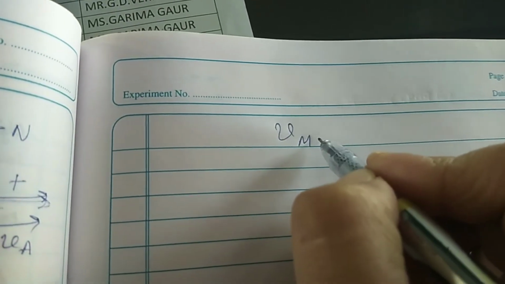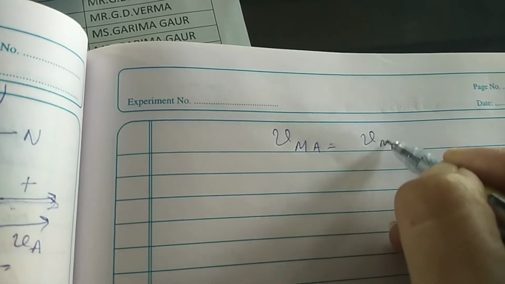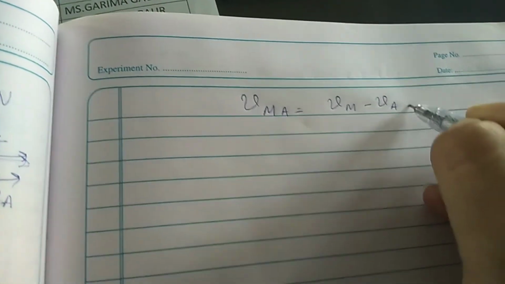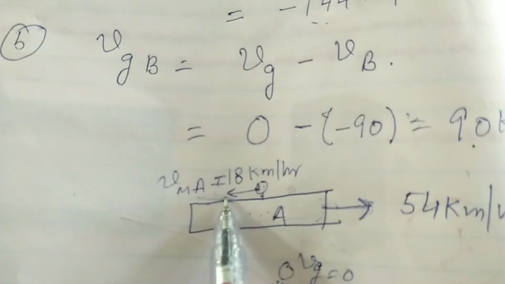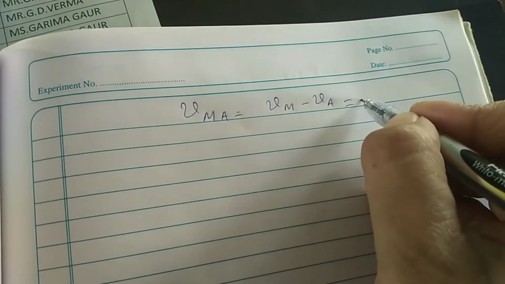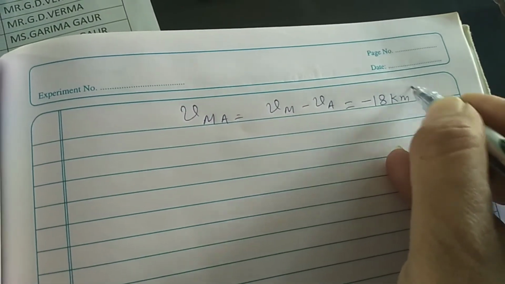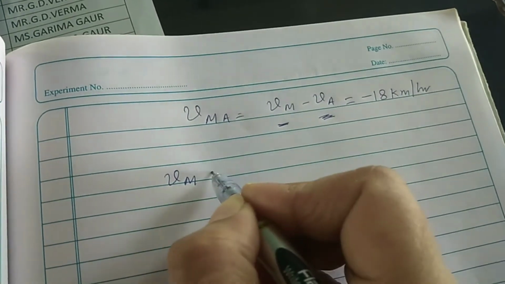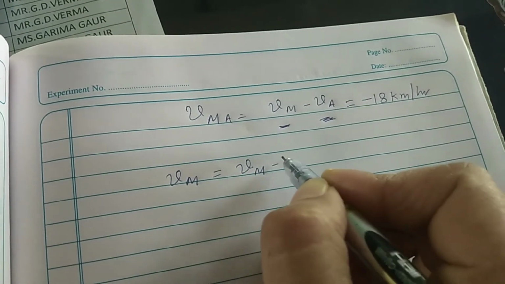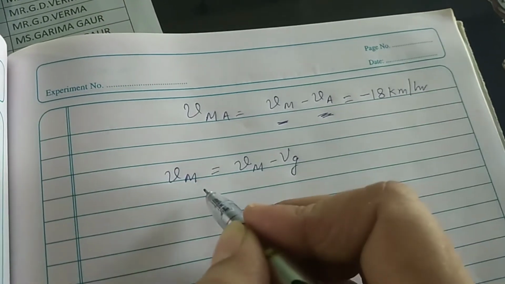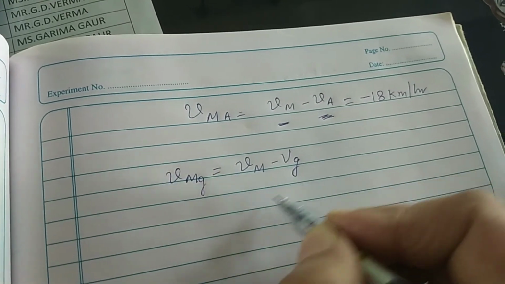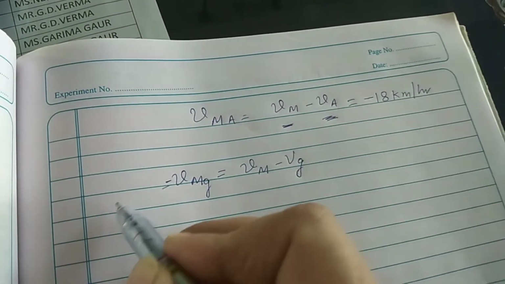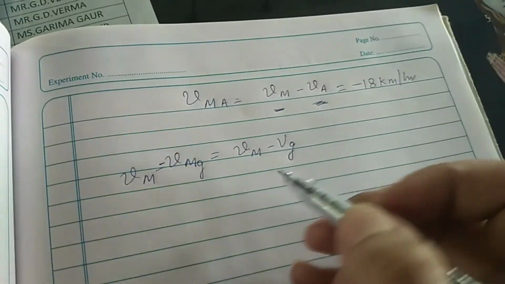So let us see. We are given velocity of monkey with respect to train A. That is velocity of monkey minus velocity of train A is given. And you see it is moving against the direction of motion of the train. So this direction is already negative, so you can write here minus 18 kilometer per hour. We want to find out the velocity of monkey, and you see this velocity of monkey is the same as velocity of monkey minus velocity of ground, because this is already 0. So we are interested in Vm, that is velocity of monkey. So let us find out this.